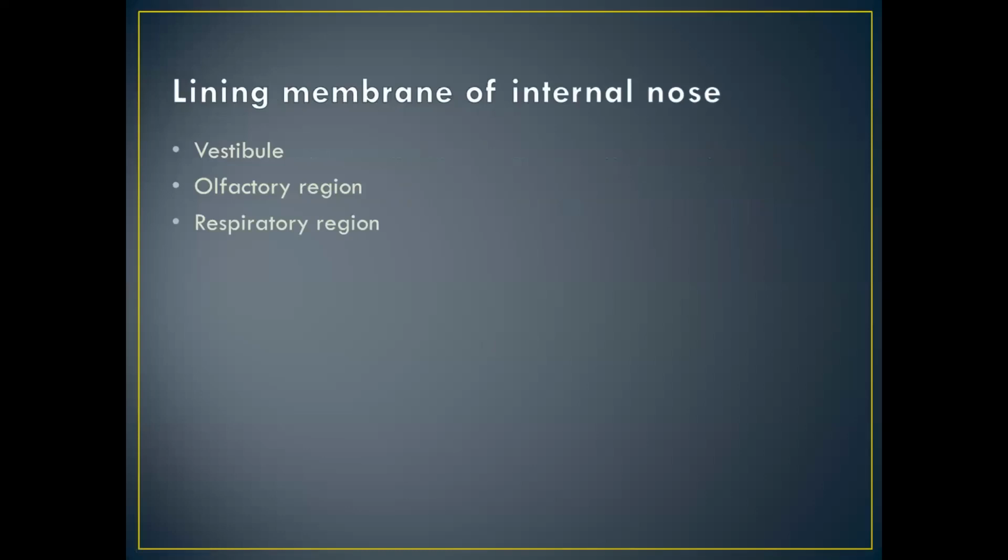लाइनिंग जो है इंटरनल नोज की, उसमें तो वेस्टिब्यूल है जो हमने डिस्कस किया था, एंट्री पार्ट ऑफ नजल कैविटी है, व्हिच इज लाइन्ड बाय स्किन। जो रेस्ट ऑफ द नजल कैविटी है उसकी लाइनिंग में भी दो किस्म के म्यूकोजा होते हैं। तो रेस्पिरेटरी म्यूकोजा होता है व्हिच इज रिस्पांसिबल फॉर मल्टीपल फंक्शंस ऑफ नजल कैविटी, एयर कंडीशनिंग, फिल्ट्रेशन, प्रोटेक्शन। जो अपर वन थर्ड होता है वहां पर ऑल्फैक्टरी म्यूकोजा होता है जो कि रिस्पांसिबल होता है सेंस ऑफ स्मेल के लिए।